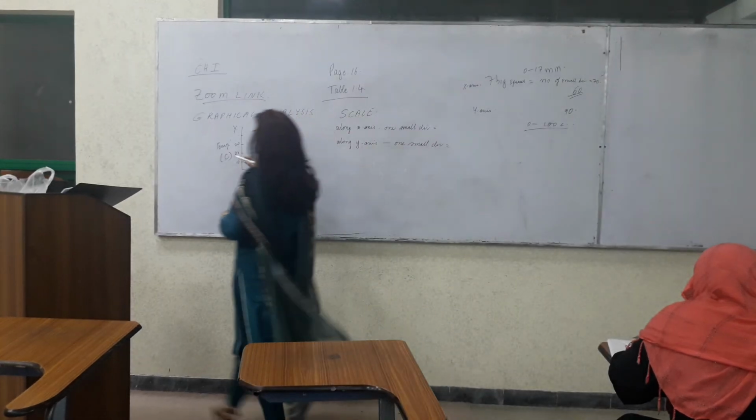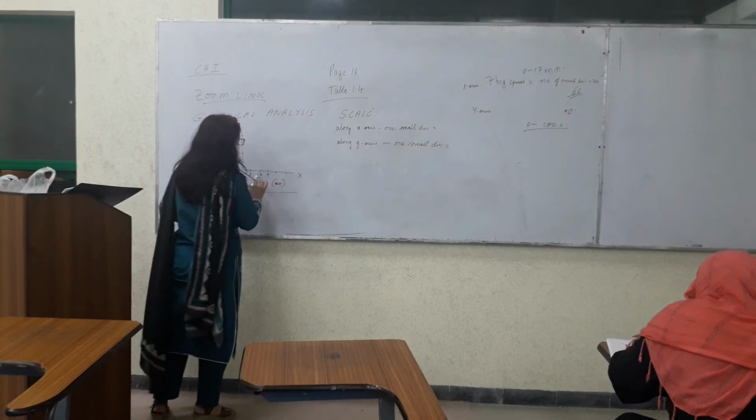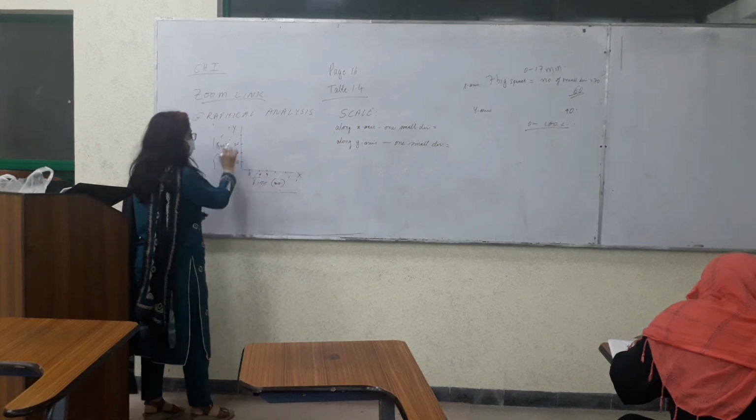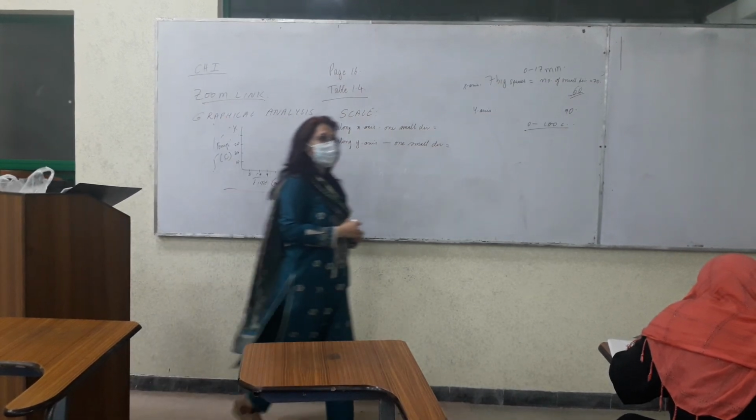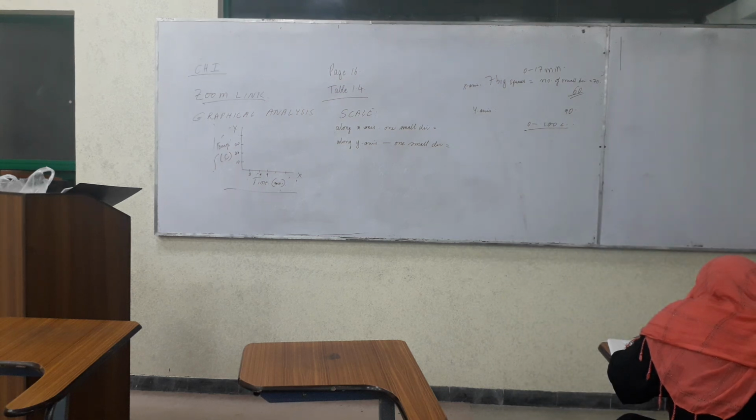I want you to leave one blank big box here and one blank big box here so that you can write the description of the axis and so on, and then you can go with this. Now you can start plotting your values. Okay? On the graph. Yes. Now you can start putting on the